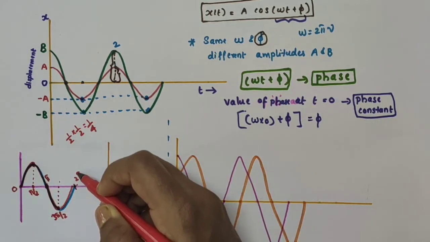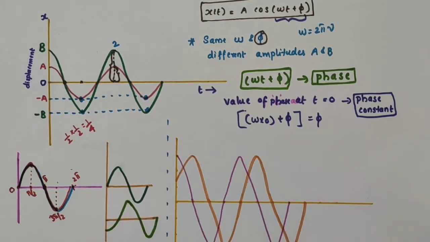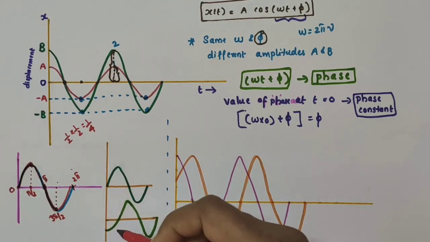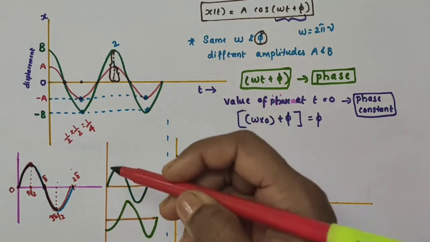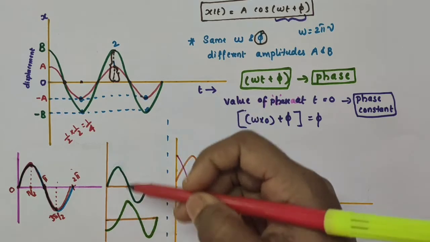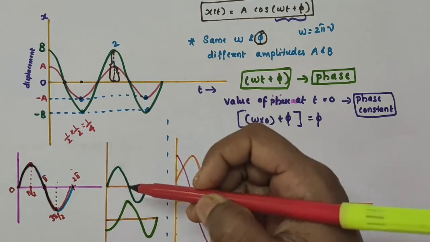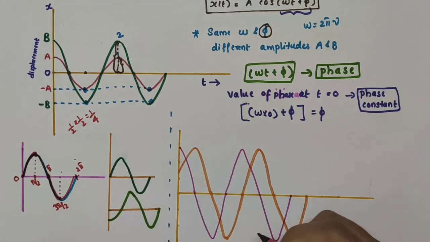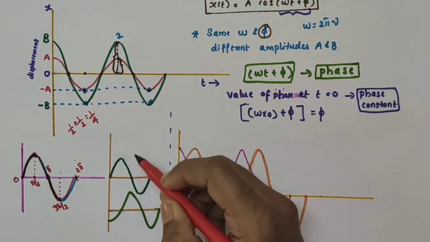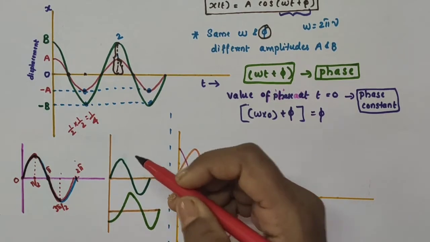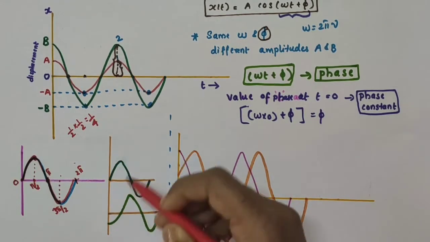Then when we consider the full wave, the corresponding angle is 2 pi radian or 360 degree. Actually, we are going to talk about how to find the phase difference between two waves. Let us do one example, then it will be clear to you. Consider these two figures. We are trying to find the phase difference between these two waves. To do that, we find the fraction of the wave difference, then multiply that fraction with 2 pi or 360 degree.